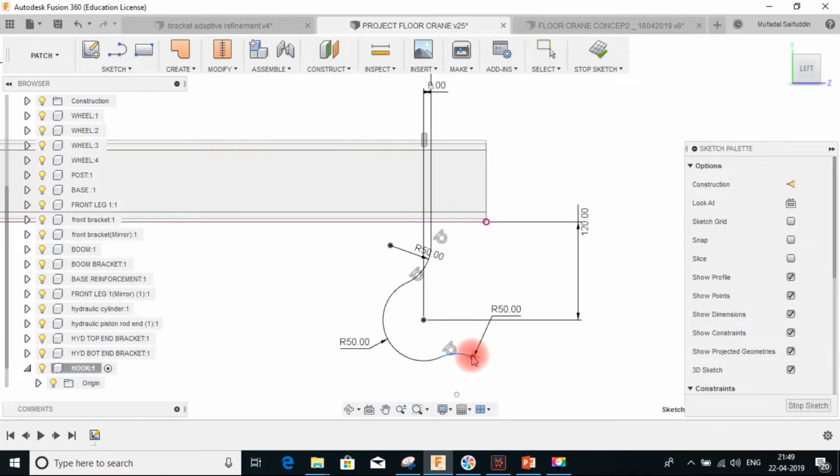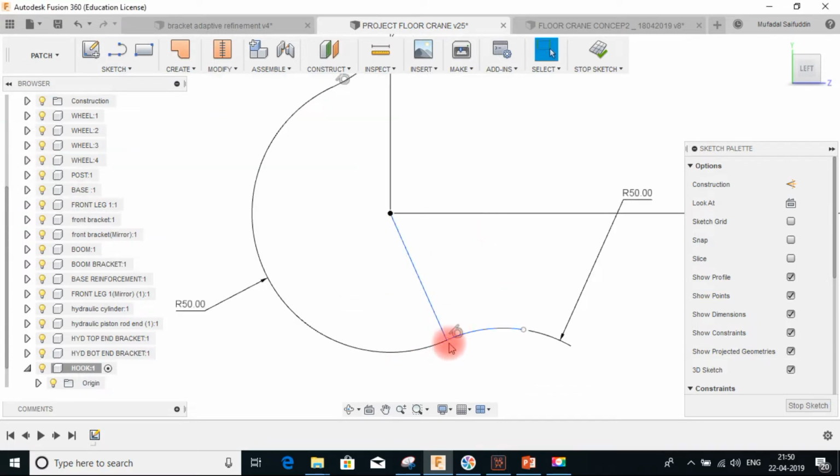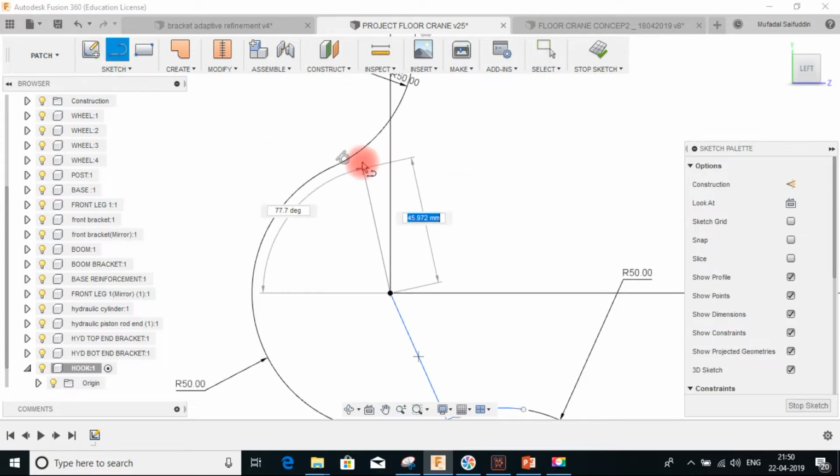Just reduce the length of this arc because we don't want it to extend that much. This is going to be the end of the hook, as you can imagine. Now to constrain this point and this point, I need to make sure how much of the length of the circular portion of the hook am I going to have. For that, I will make 2 lines, one connecting this point to this point. So basically this point is the end point of the arc. Similarly, I'm going to select this point